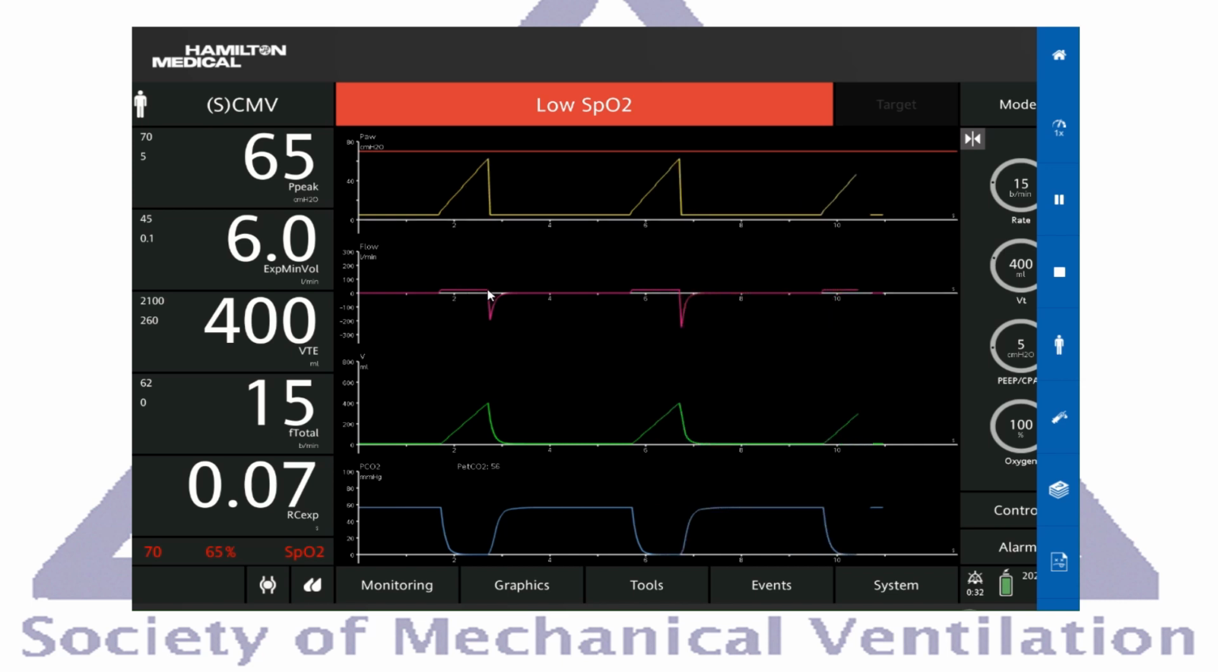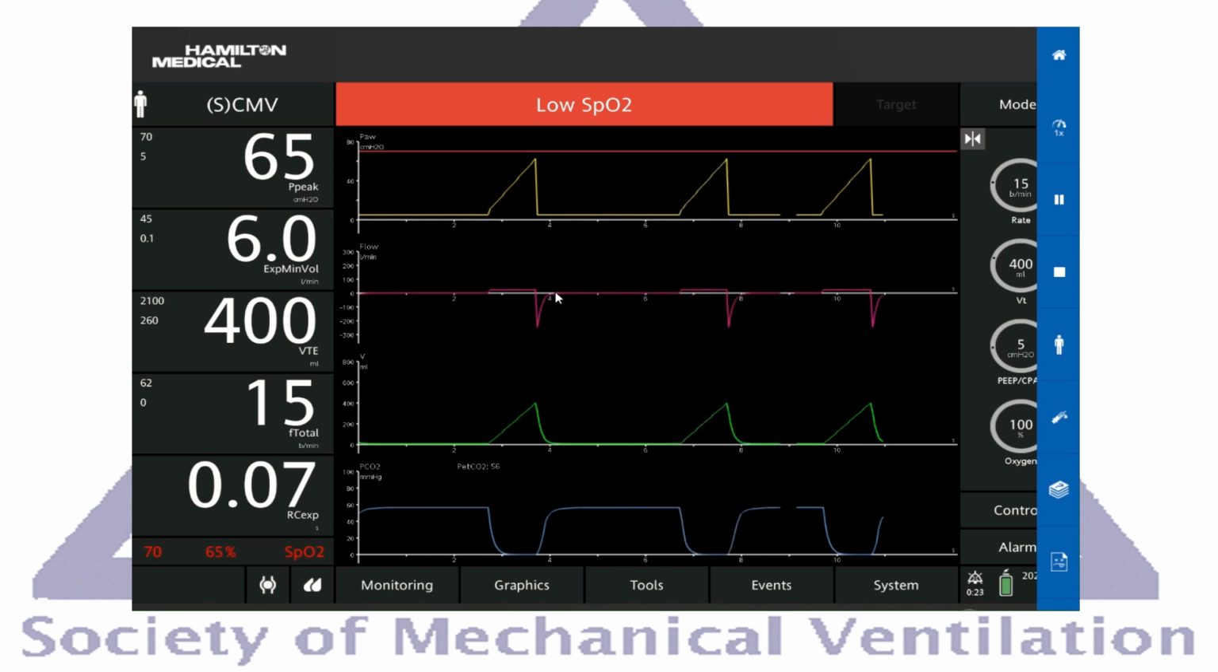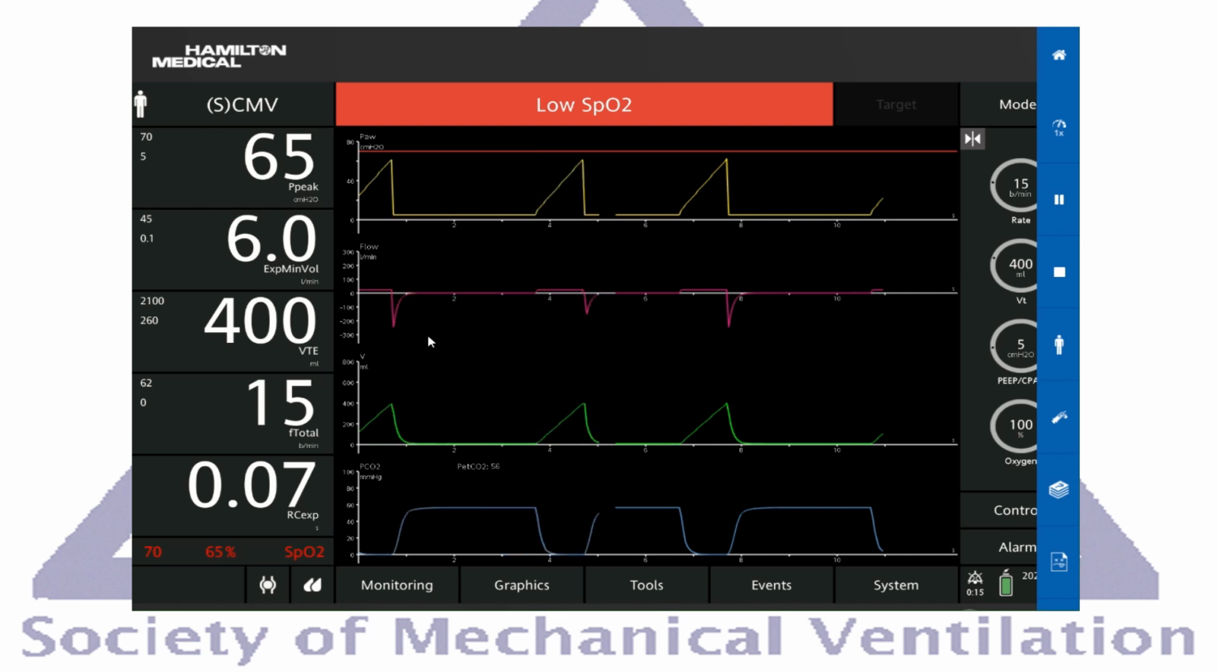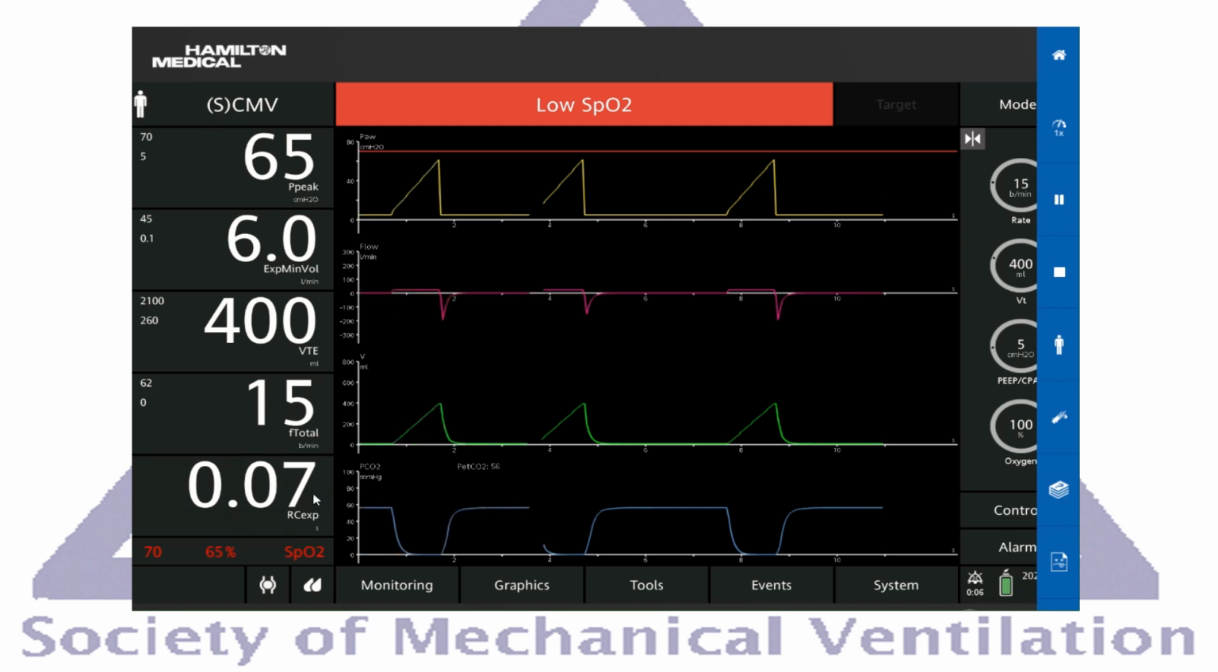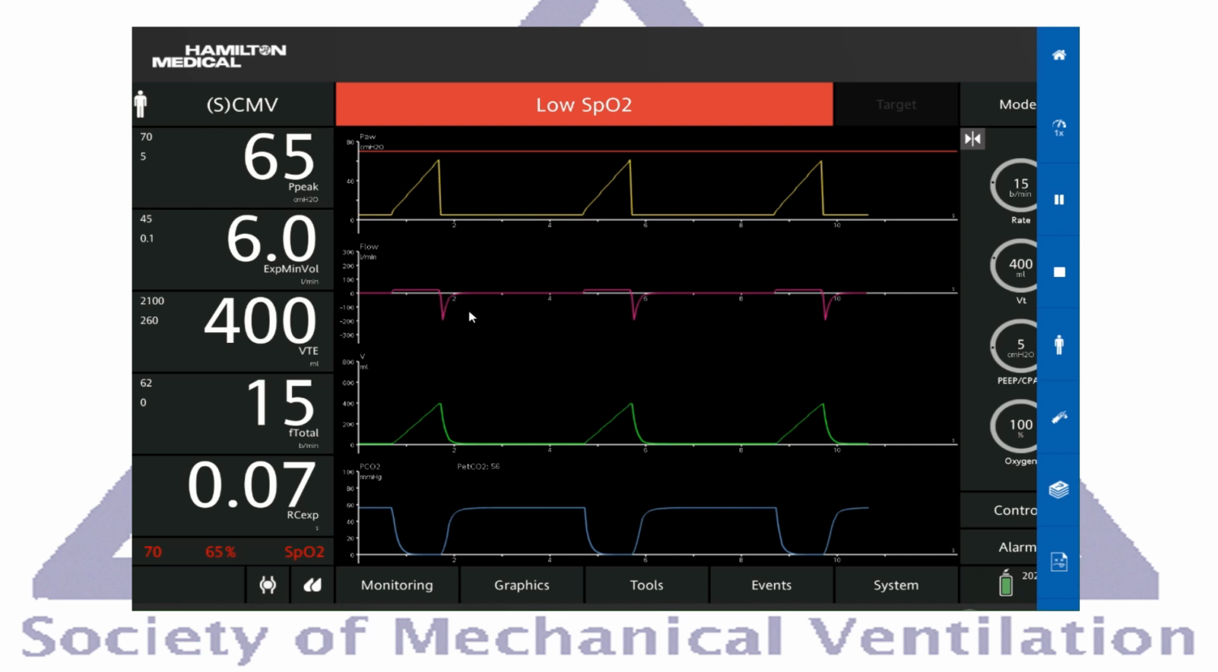If you look at the flow waveform, especially the expiratory flow waveform, you can see it goes very deep and immediately rebounds quickly to the baseline, meaning that the lung tends to collapse. That means a very, very short expiratory time constant, and time constant is the product of compliance and resistance. Even the ventilator here tells you the expiratory time constant is 0.07. So immediately we can tell that this patient is having